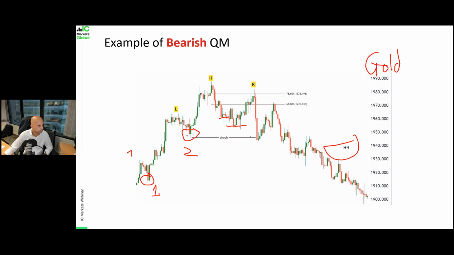Okay, there's a question. Do you choose the wick or the candle? In this case, it would be the wick, right? You can see here, the change of character applies to the wick. So it has to be the absolute lowest point here. All right. Okay, Ranjit, you have a question. Why do you ignore the third low?